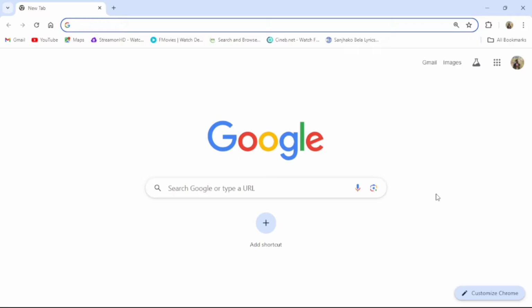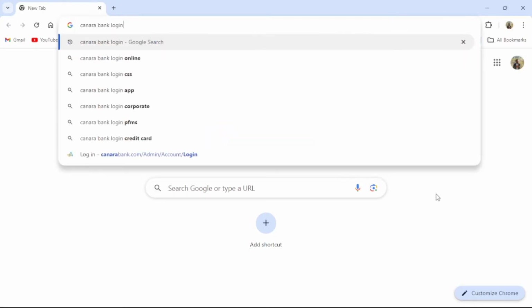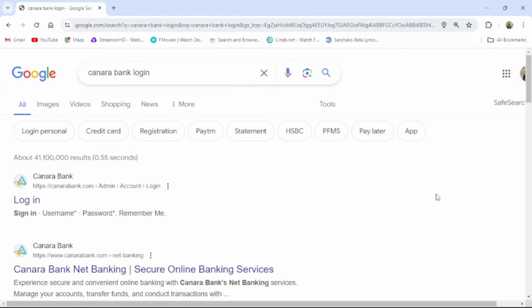Today in this video, I'm going to show you how to log into your Canara Bank account. To do so, follow some simple steps with me. First of all, go to your browser and the default search engine. Then search Canara Bank Login. Then go to Login or go to